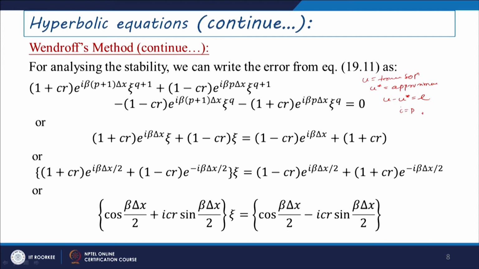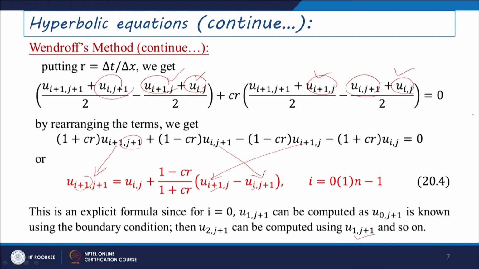So, especially u minus u star is considered as the error term there, and for each of these coordinates, we are writing i equals p and j as q there itself, and the formula is just replaced in the form of e of p q, that is nothing but e to the power I beta p delta x and zeta to the power q there itself. So, if you write these terms here itself, then we can replace this one as 1 plus CR